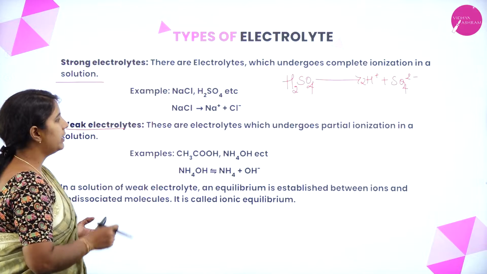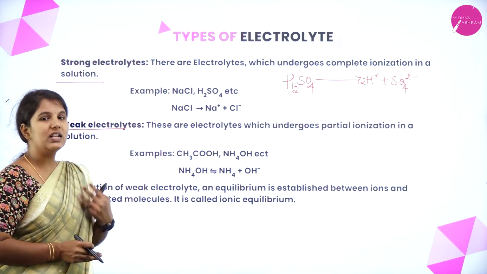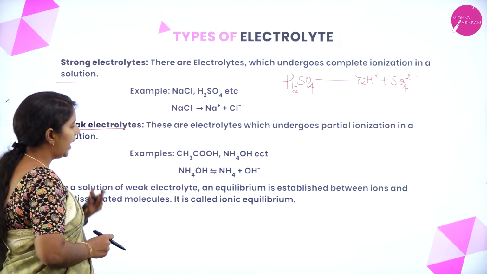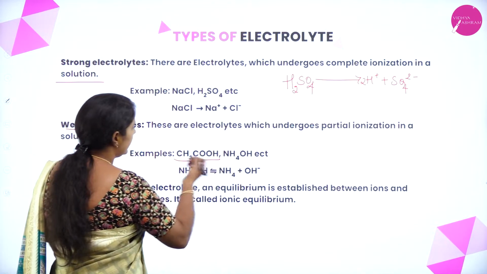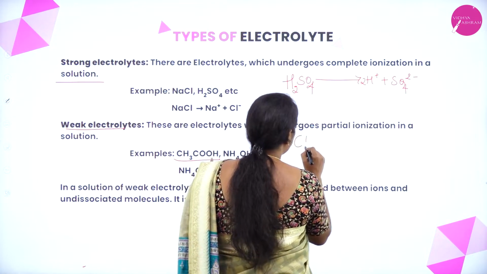We have one more type of electrolyte, that is the weak electrolyte. These are electrolytes which undergo partial ionization. They are not completely ionizing. Examples are acetic acid and ammonium hydroxide. I will write for acetic acid, that is